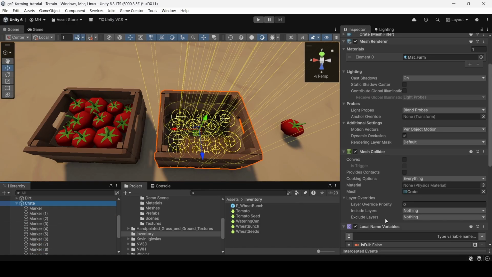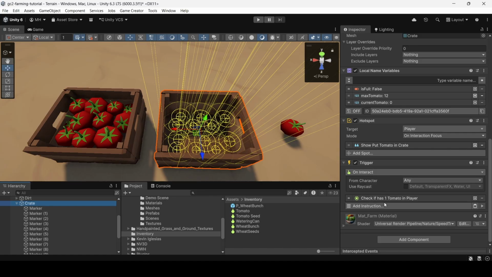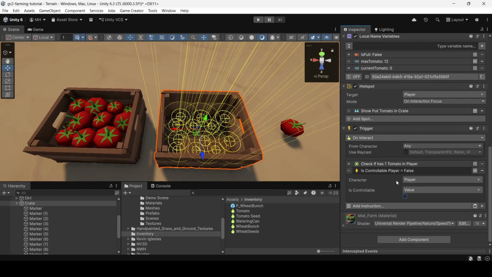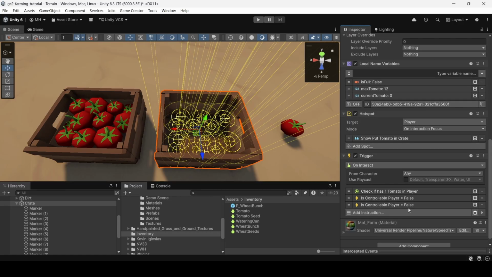And then when we interact with it, first of all, we're going to make the player non-controllable again. And we'll turn it on at the end. And then we will